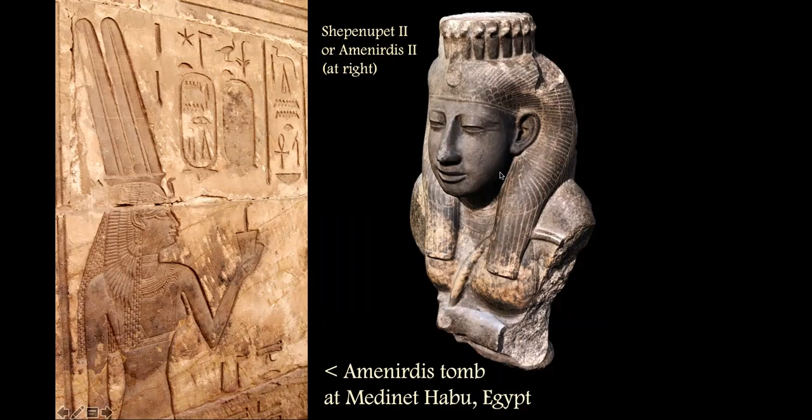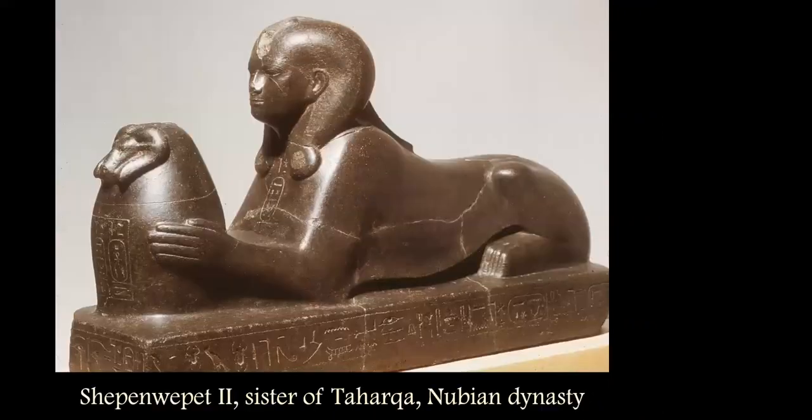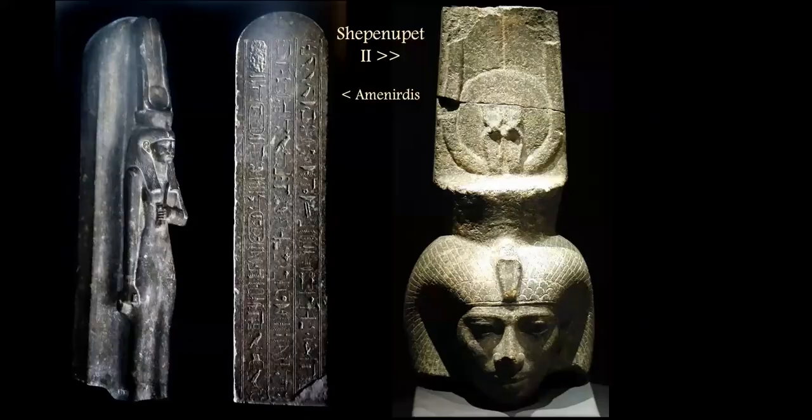So, you know, these titles, you're seeing a very definite female power lineage here with these priestesses. And so Shepenwepet II is installed by Amenirdas I, and then Amenirdas I in turn installs Shepenwepet II. And then she in turn installs Amenirdas II. Do I have her there? I'm just going to go backwards here. All right, so